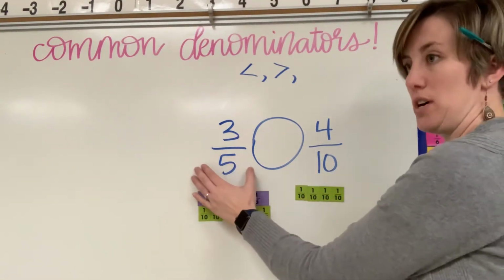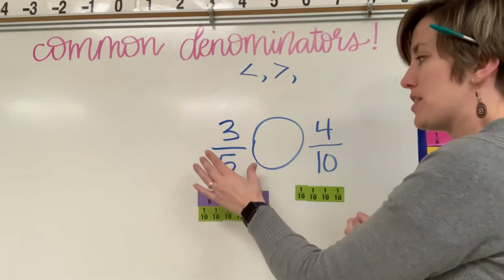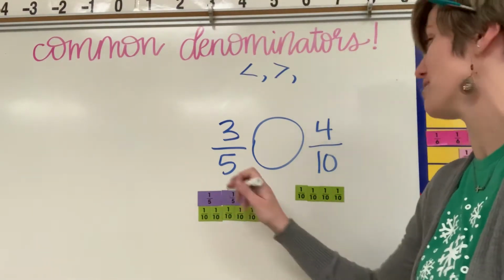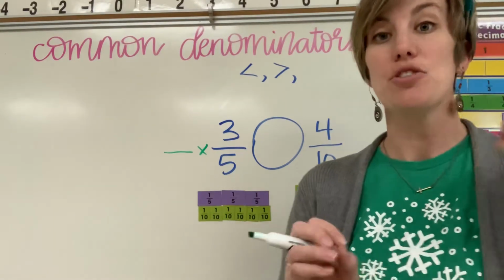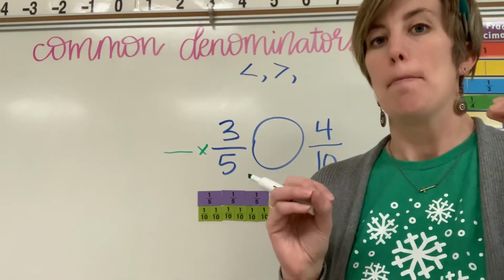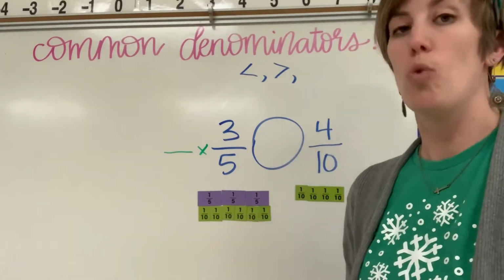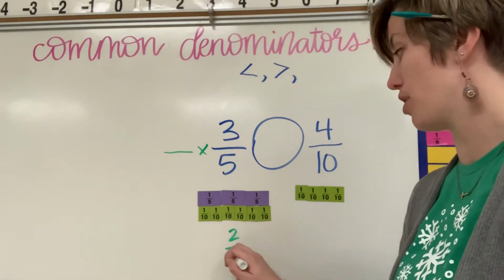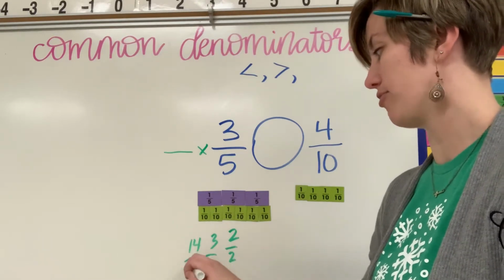We're going to change this one. You're going to always try to change the smaller one, the smaller denominator, right? This changes the 5, and we're going to try to change it to a 10. We want these things to match. The way we do that is by giving it a new name. How do you give a fraction a new name? You give a fraction a new name by multiplying it by 1. One whole thing. You can do whatever you want. You can do 2 over 2, 3 over 3, 14 over 14,